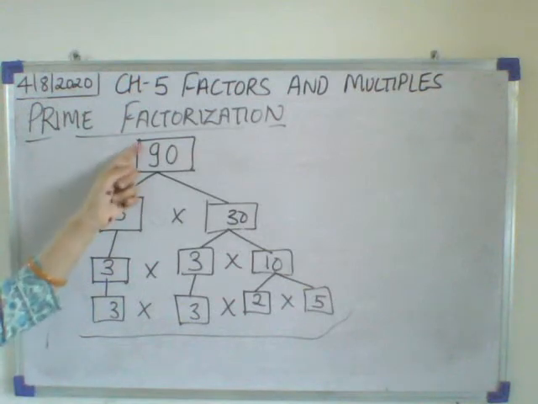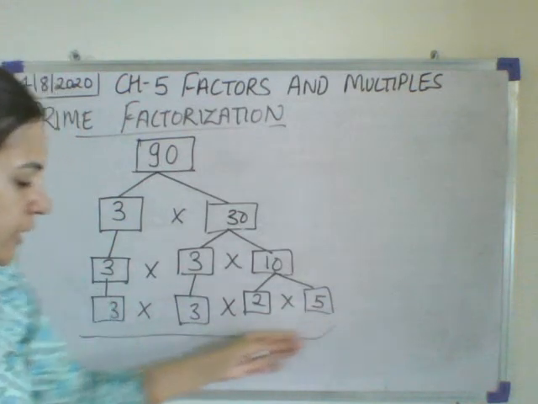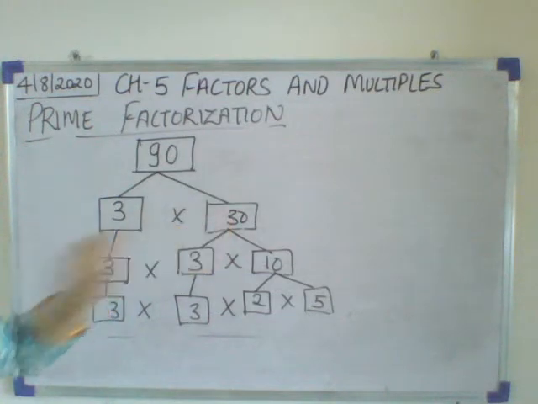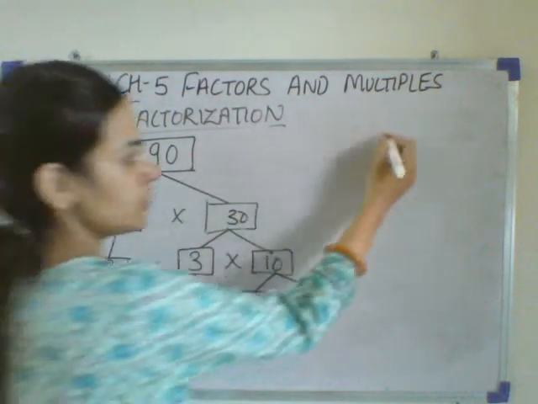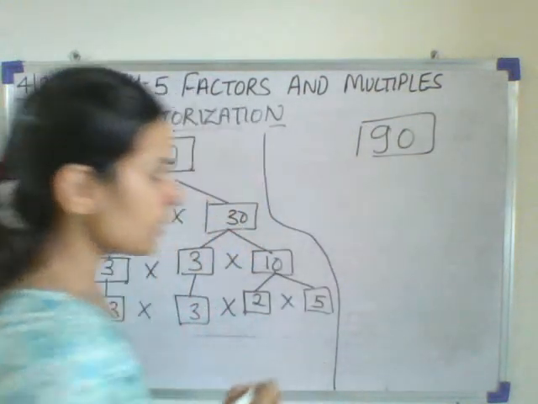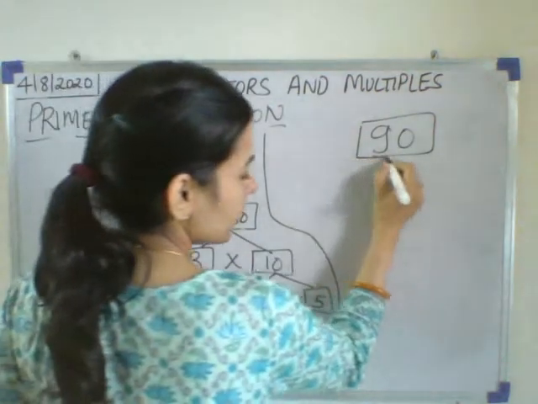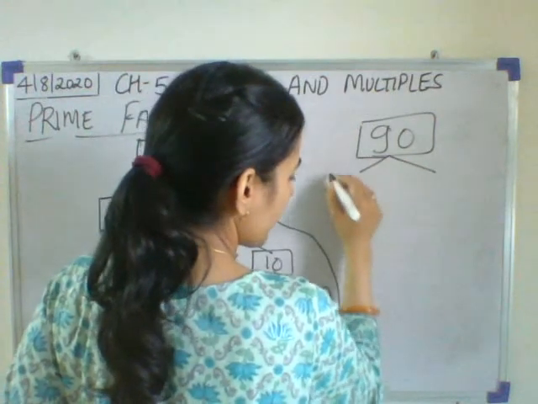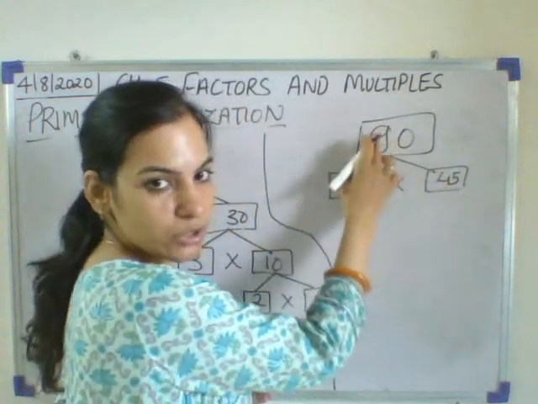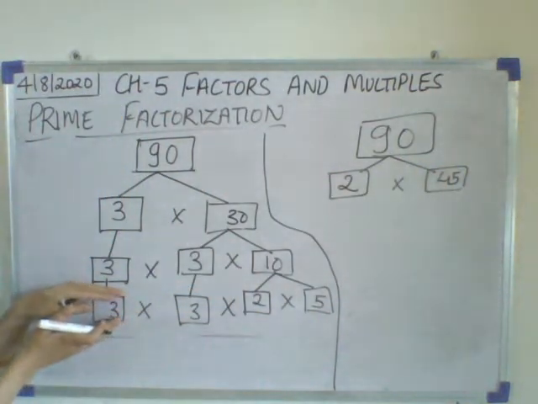So you have done the prime factorization of the 90. It is not necessary that you take exactly the number that I have taken here, 3 into 30, which comes 90. We can also do it by taking another number, but the answer at the last will remain the same. Like, if I write here 2 and here 45, 2 multiplied by 45 is also 90. So no matter whatever number you take here, the last one will come the same only.